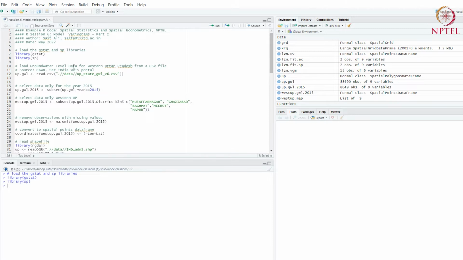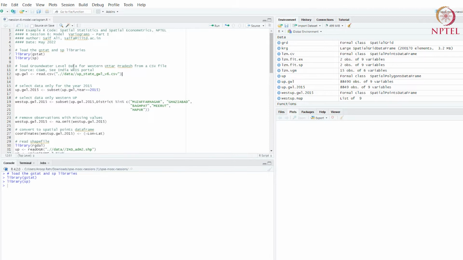So you know the groundwater level is the depth at which the water table exists beneath the surface of the ground. So if the surface of the ground is at level 0 and the water table, where you start getting water from the underground aquifer, is at, let's say, 3 or 4 meters, then that exact measure of where the water table is from the ground surface is called the groundwater level. So in that case, it would be 3 or 4 meters.